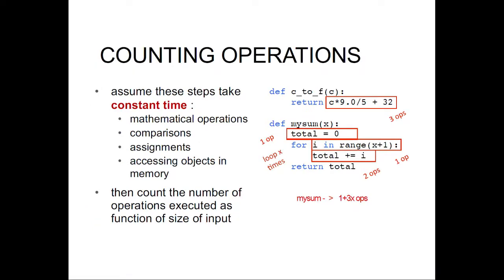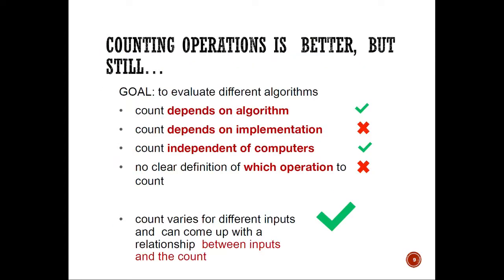The second potential way to measure the efficiency of a program is to count the number of operations. So assuming that each step takes a constant time, such as mathematical operations and comparisons and assignment, all of these we can assume that they take a constant time. We can count the number of operations executed to get an idea about the efficiency of the program. However,